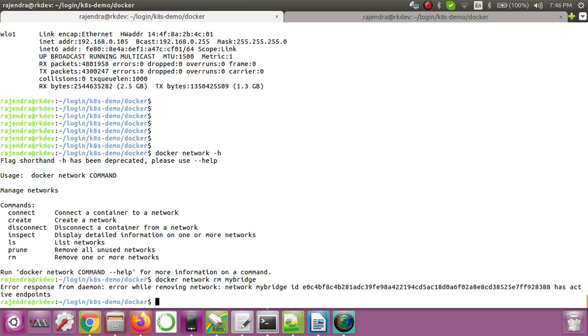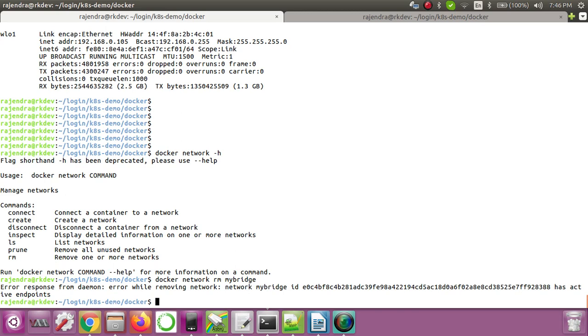If I run this, you can see the error while removing network, because network my bridge has active endpoints. Active endpoints means active containers running on this. That's why it is not allowing that.